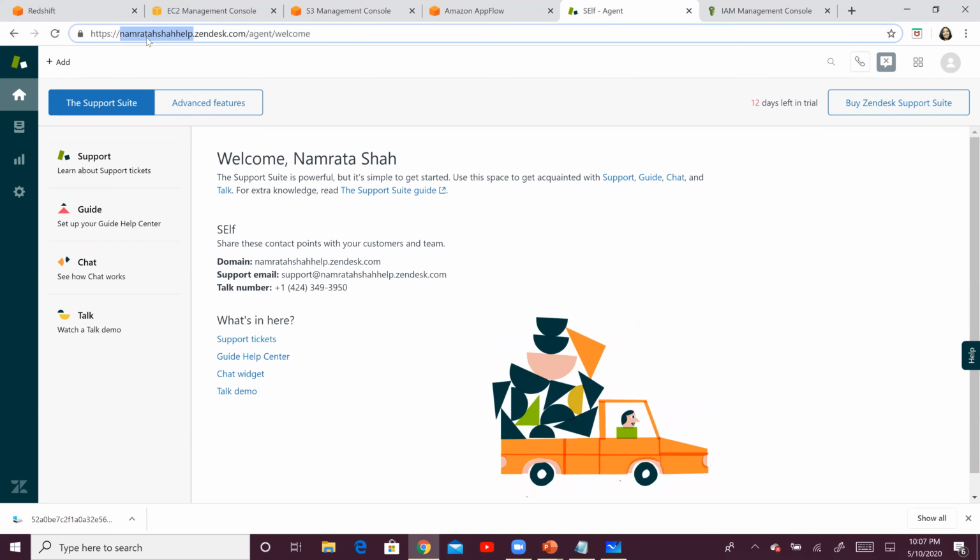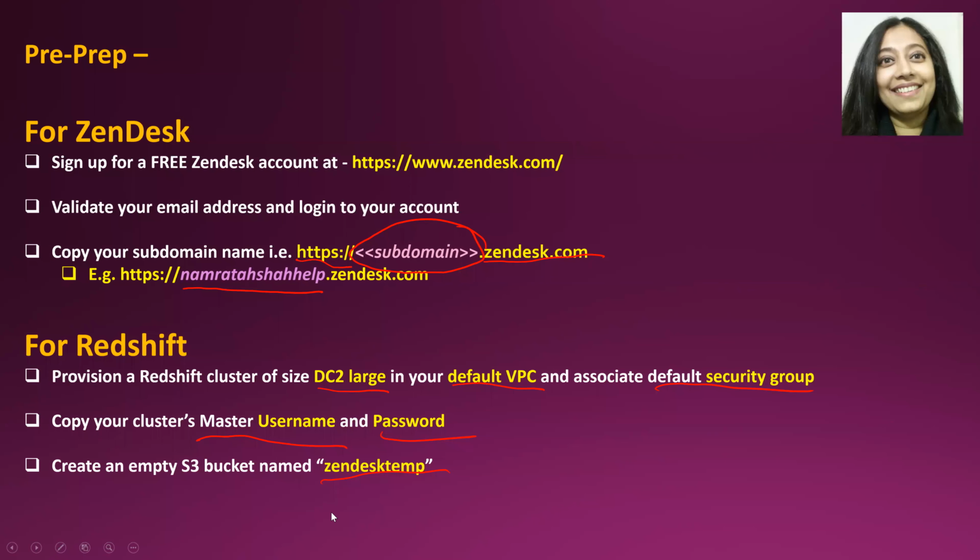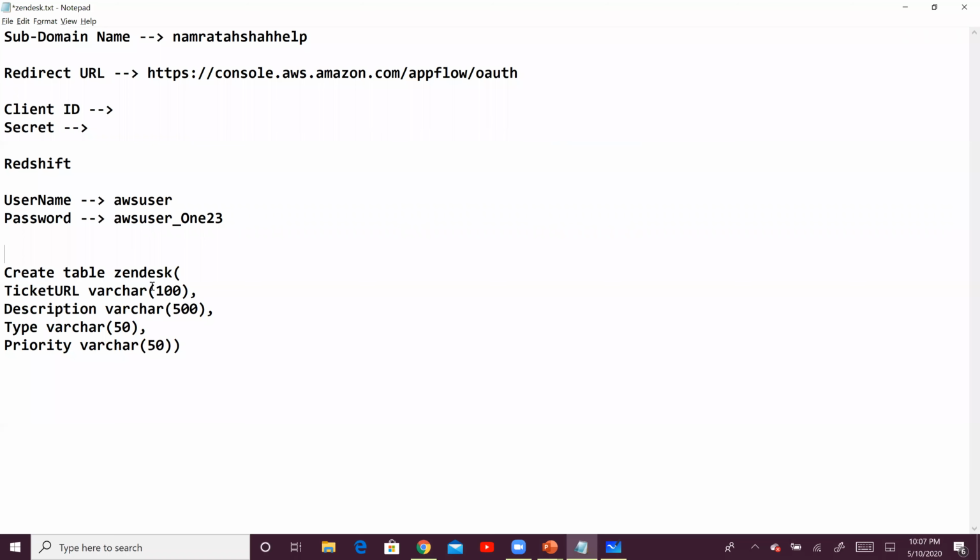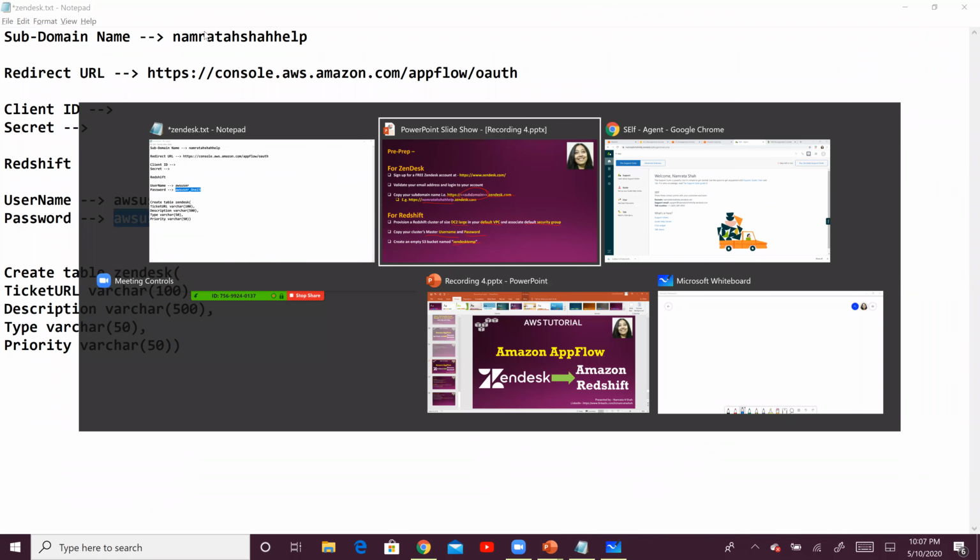And right here, this is my subdomain name. So my Zendesk account is up and running, and I have completed all of these steps. This is my Redshift username and this is my password as well, and this is my subdomain right here on the top.